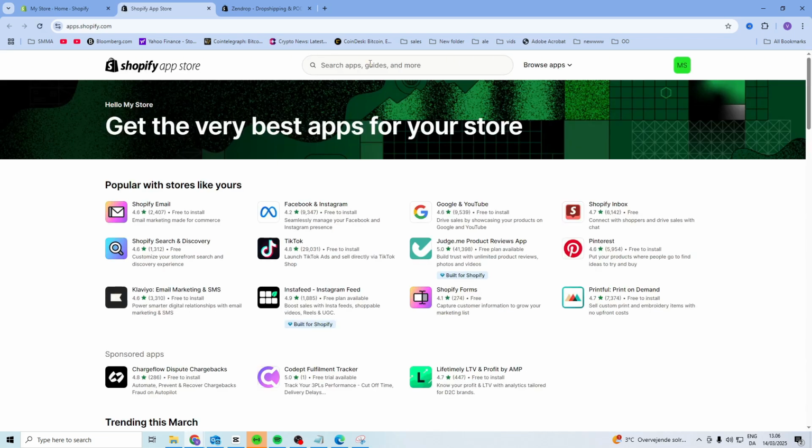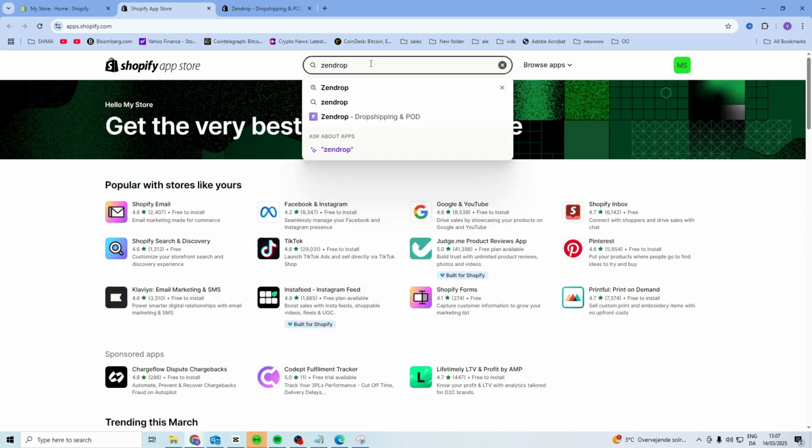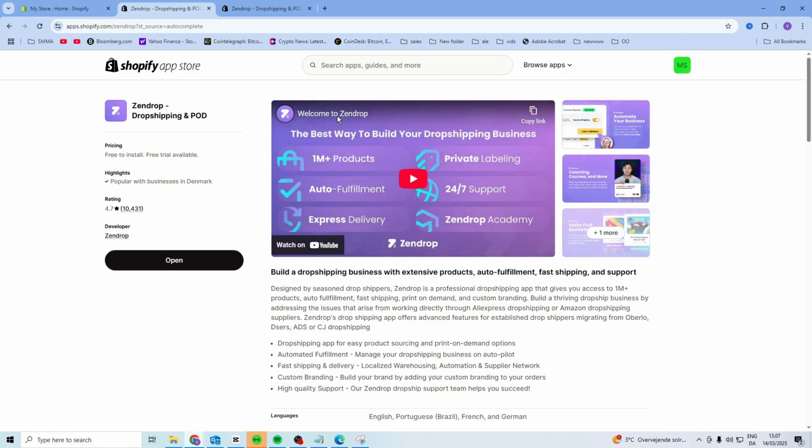Once you're in here, I suggest SendDrop because that's the one I know the most, but there are others that you can use. Simply select this one, and I believe they run a free trial right now, and it's also free to install. And I'm not affiliated with these guys, but this is just the most known one for me. So you want to install this one, and then I suggest you watch the SendDrop video just to quickly understand